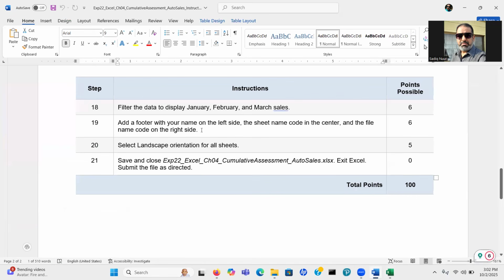Next, add the footer with your name on the left side, the sheet name code in the center, and the file name on the right. So we have to put the footer.